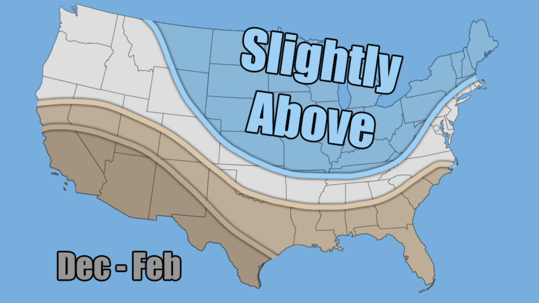I know a lot of my viewers live within that area, and this is going to be a tricky one, because we really need to figure out whether this storm track is going to be predominantly up the Appalachian Mountains, or whether it's going to kind of cut across the Appalachian Mountains and then down into the Mid-Atlantic, in which case many areas in the coastal Northeast would actually get a pretty good winter.